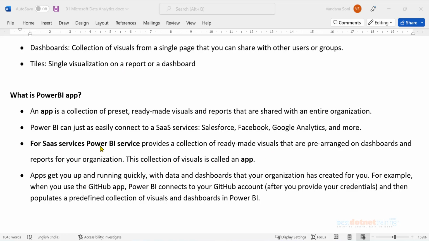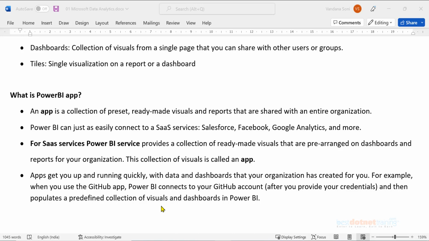For SaaS services, Power BI service provides a collection of ready-made visuals which are pre-arranged on dashboards and reports for your organization. This collection of visuals is called an app. Once the app is ready, it can be shared with others, and others can use their own data set to get the reports.